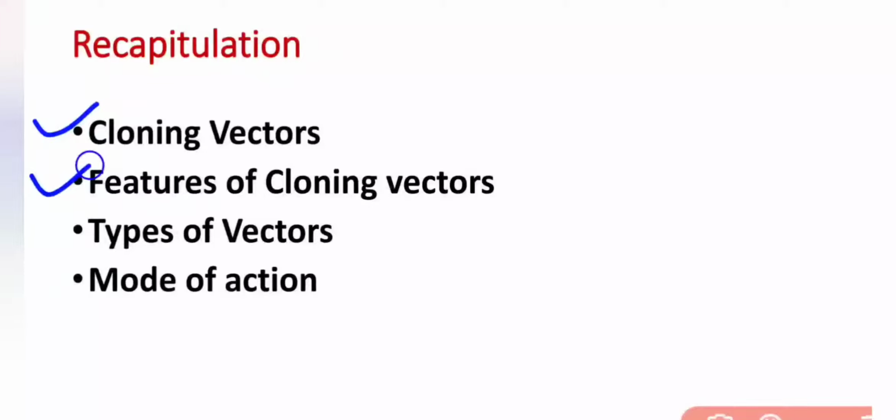Why should it be there? Because it helps in selection of the transformant from the non-transformant. Next we have done types of vector. For animal cell we will use retroviruses. For plant cell we will use TI plasmids, which are obtained from the Agrobacterium tumefaciens. And for transforming the bacterial cell we will use pBR322. There are many more vectors like this, like bacteriophages can be used, pBR322 can be used. There is pUC19, pUC19 vector is also there.